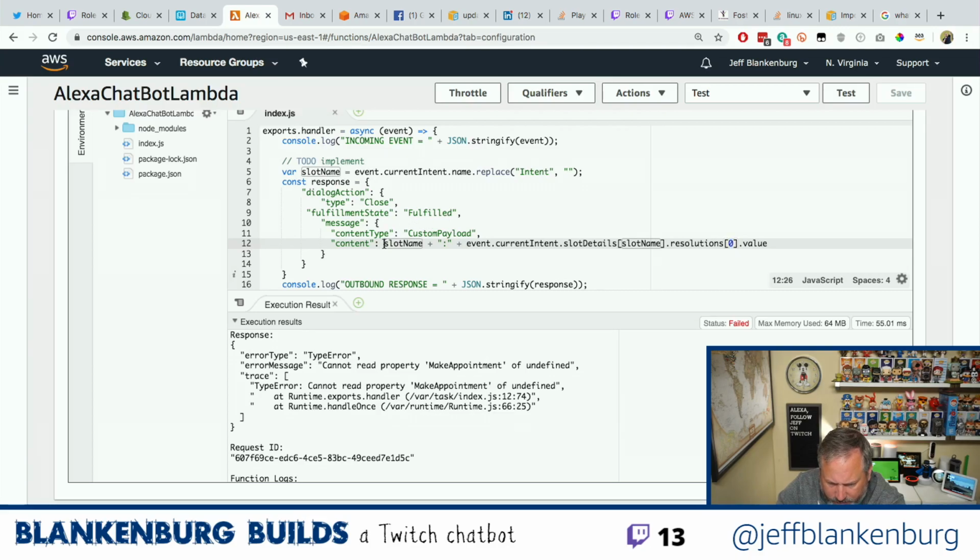So instead of this, I'll copy that because I'll need it, it is going to be json.stringify(event). And so now I'm passing the entire event, the whole thing, directly out from my Lambda function.